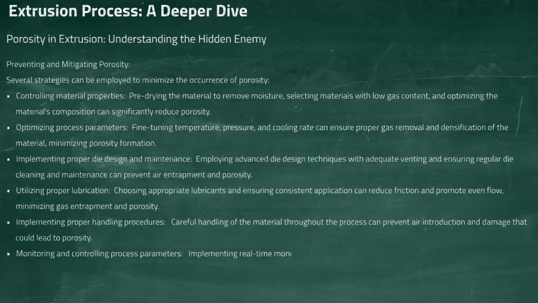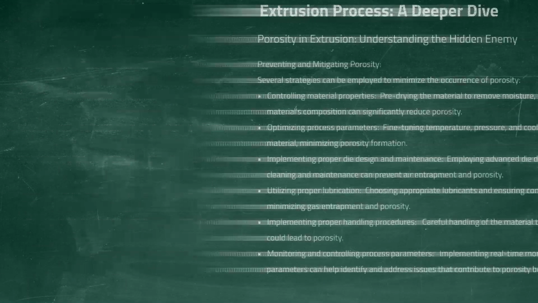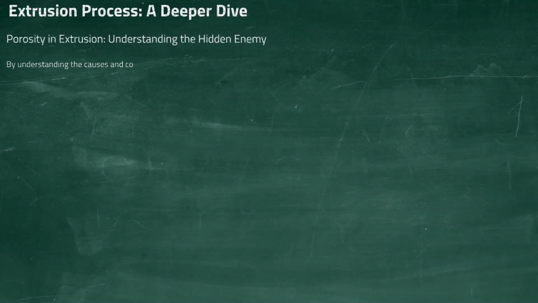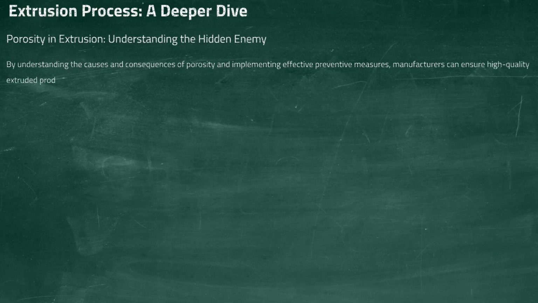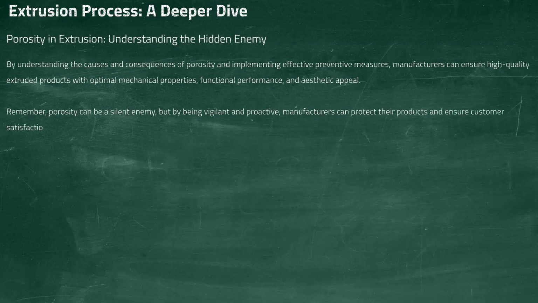Monitoring and controlling process parameters. Implementing real-time monitoring systems to track temperature, pressure, and other parameters can help identify and address issues that contribute to porosity before they occur. By understanding the causes and consequences of porosity and implementing effective preventive measures, manufacturers can ensure high-quality extruded products with optimal mechanical properties, functional performance, and aesthetic appeal. Remember, porosity can be a silent enemy, but by being vigilant and proactive, manufacturers can protect their products and ensure